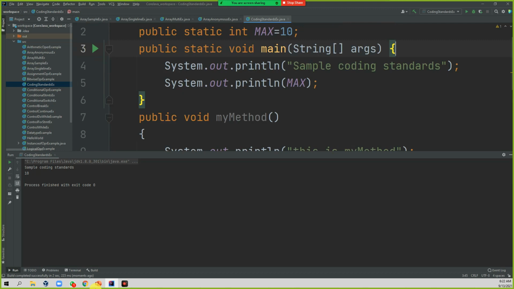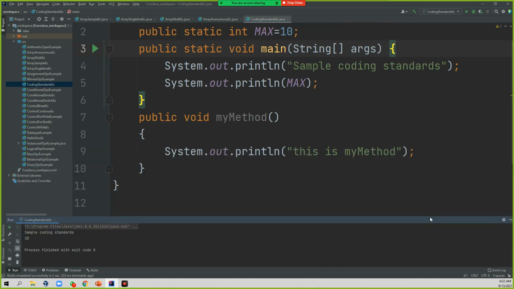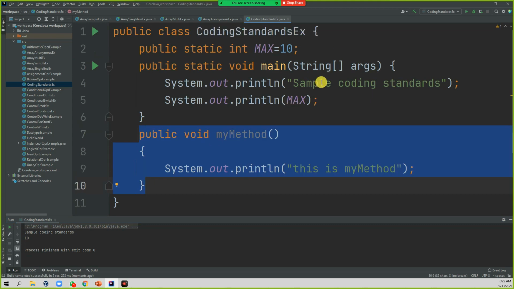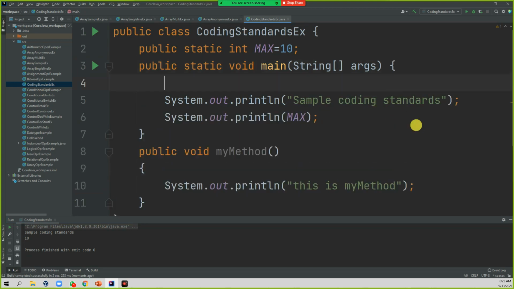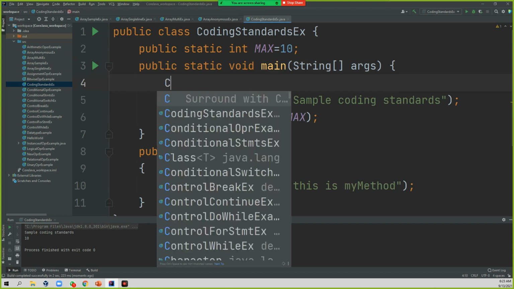So how can you write this one? When you're going to call these methods, you have to call the object. First you need to create the object, then invoke this particular method.